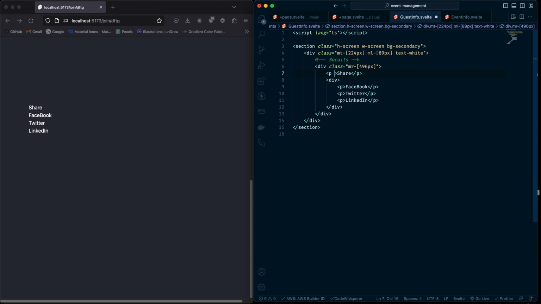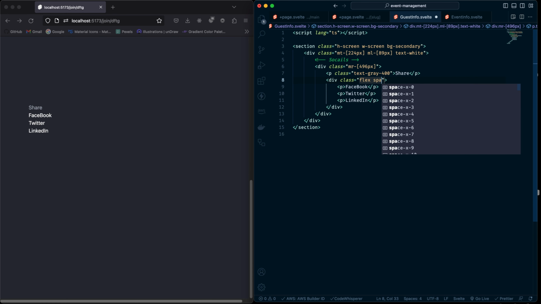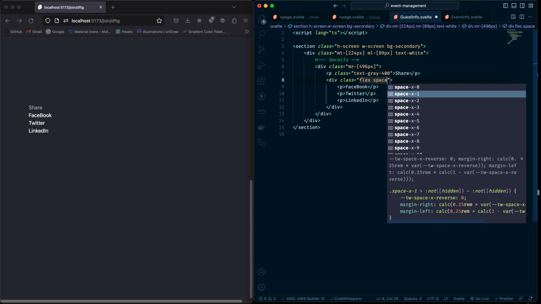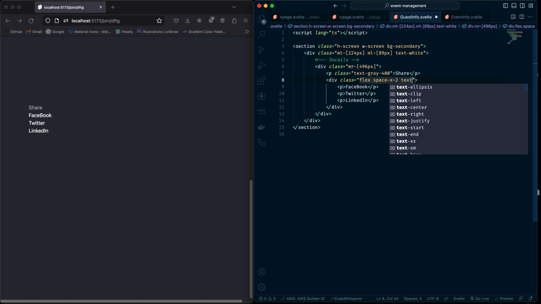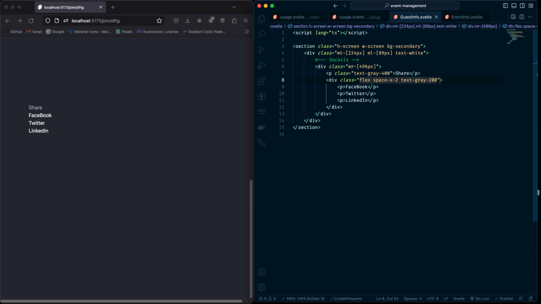And share class text gray 400. This is class flex space x2 and text gray 200. Okay, that's it for the socials. One, we are here. Two, yeah, I think here. Next we'll have the guest,